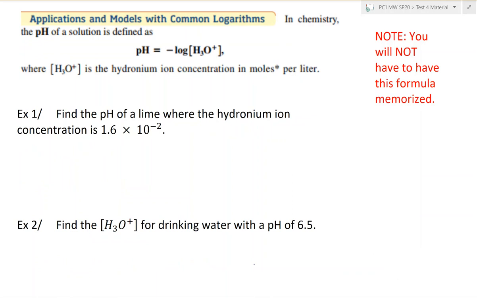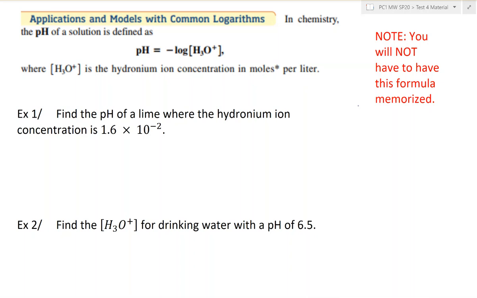This is an application of a model using common logs, and it's for pH, used in chemistry all the time. So your pH is equal to the negative log of the hydronium ion concentration in moles per liter. Just a note, you will not have to have this formula memorized. This is simply a place where logarithms are used. If this were given to you as a quiz or test problem, we would give you that formula and tell you what it means,